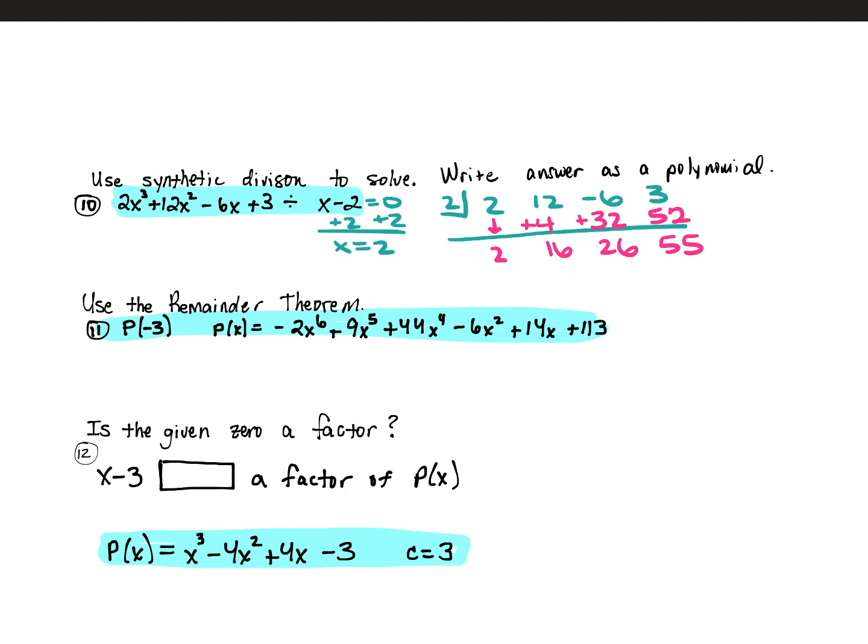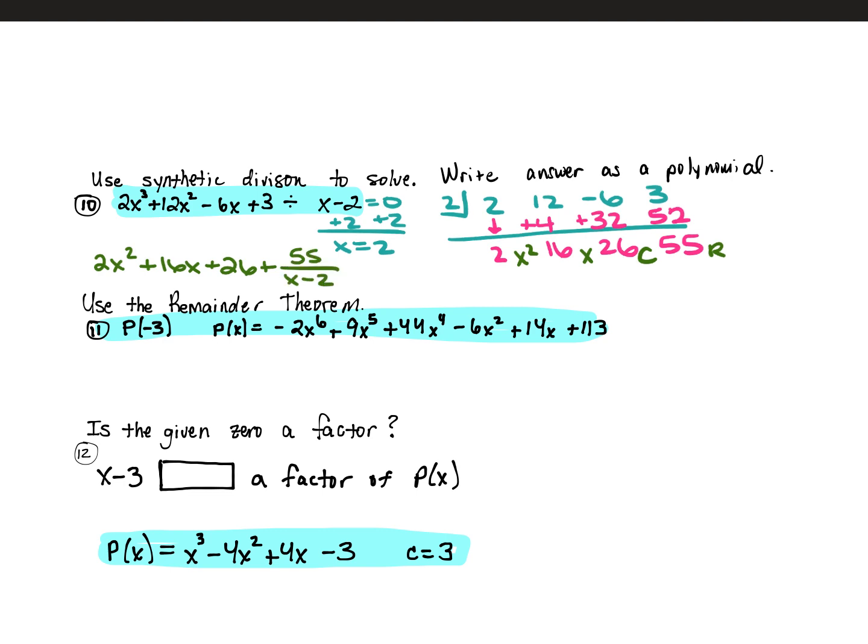So that 55 is going to be your remainder. The 26 is going to be your constant. The 16 is your x, the 2 is your x squared. So this gives you an answer of 2x squared plus 16x plus 26 plus 55 over x